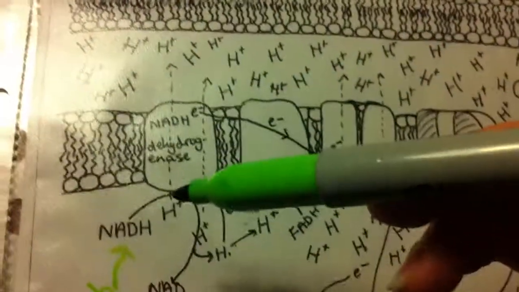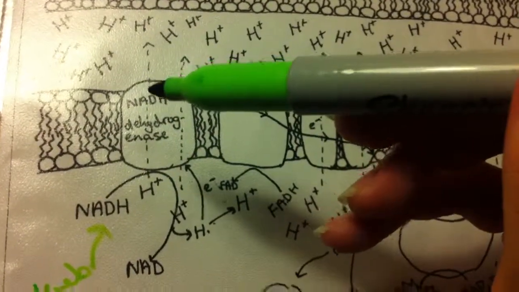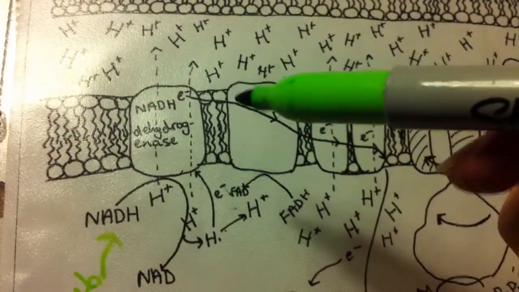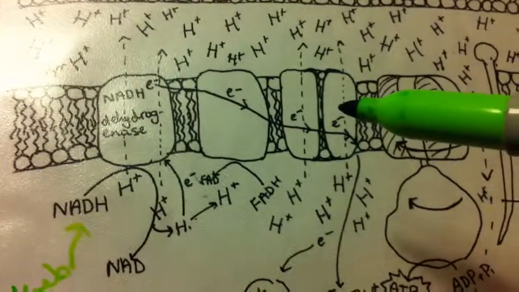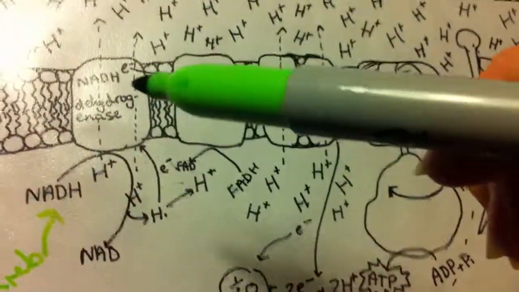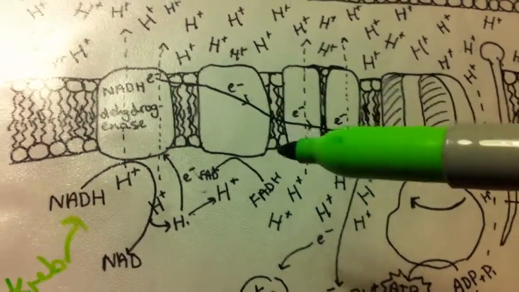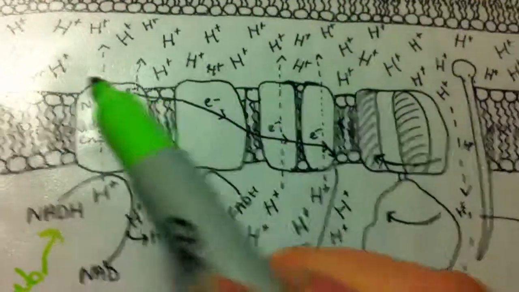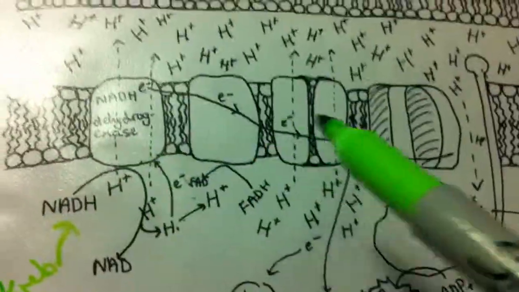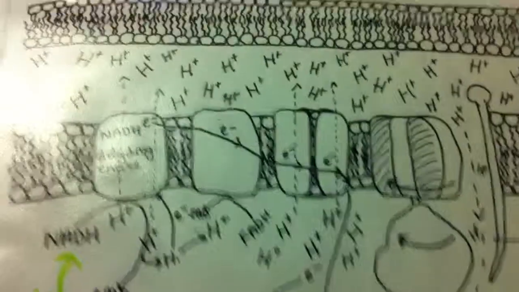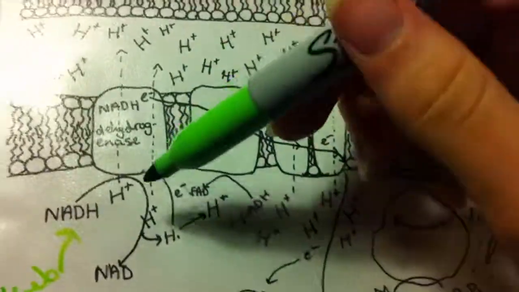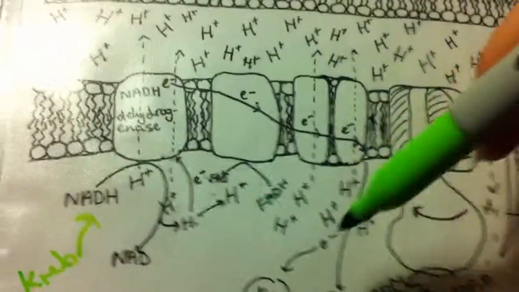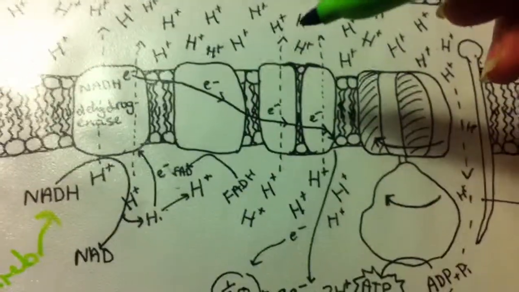So the electrons, like in photosynthesis, are accepted by a high energy electron acceptor, and then they travel down the electron transport chain, which is formed of 4 complexes, 1, 2, 3, 4, plus your ATP synthase, and they get lower in energy. As the electrons go down in energy, they release their energy, and that enables H+ to be transported into the intermembrane space. And it's the build-up of H+ that's the whole point of this electron transport chain. Okay, so it's from the high energy electrons losing their energy, and that energy is being used to drive H+ across, and then the